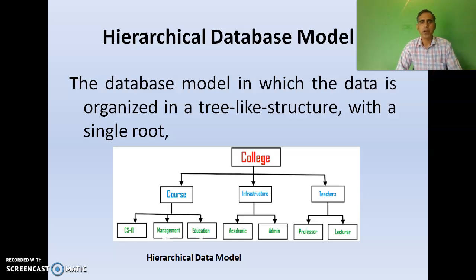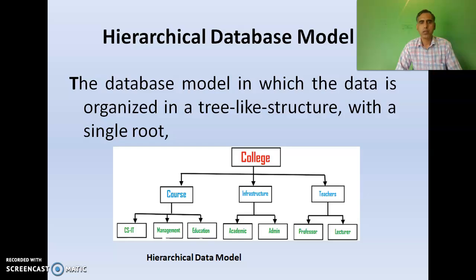as shown in the diagram. For example, we have a college database. Then college is the root. College has three children: course, infrastructure, teachers. The course further has three children, infrastructure has two children, and teachers has two children.